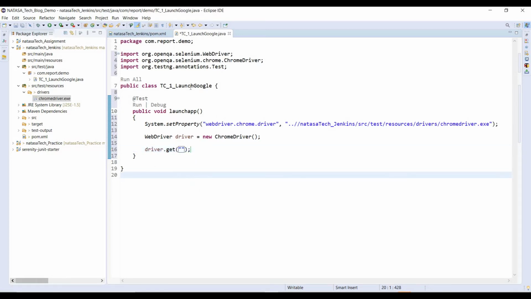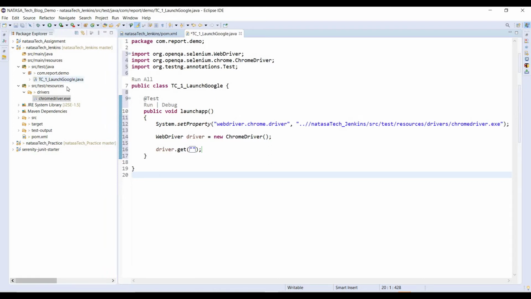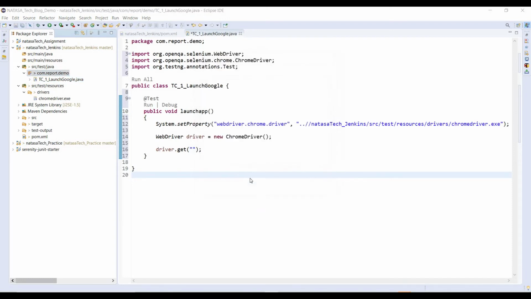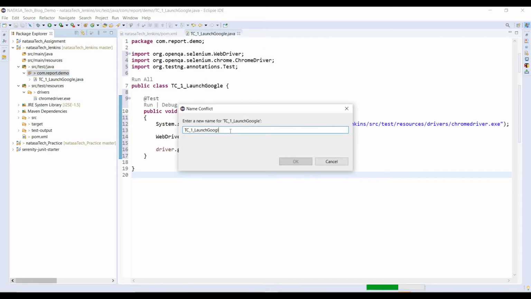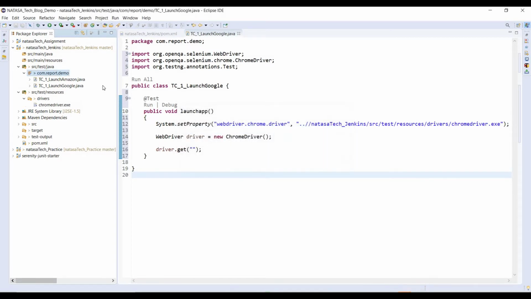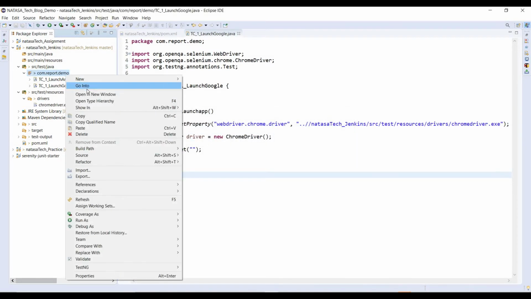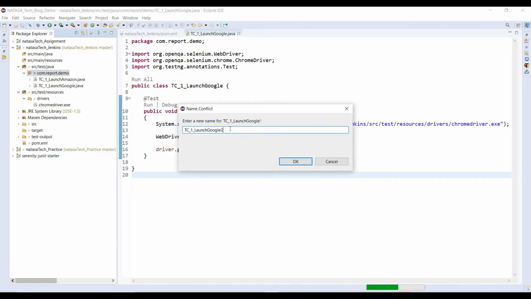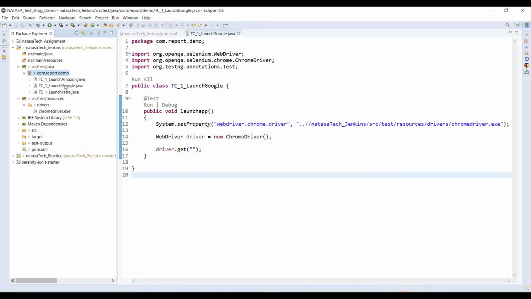Okay. So in this way, we have to create another two classes, which is just copy, paste it. Here I have to rename it as Amazon. Again I have to create another class, paste it, which is launch Yantra. Launch Google, launch Yantra.